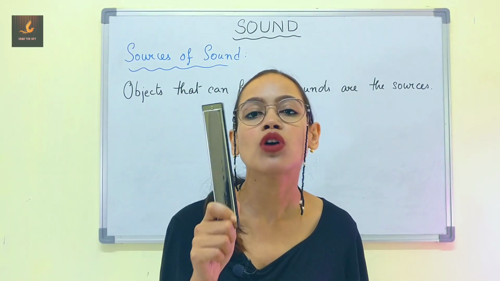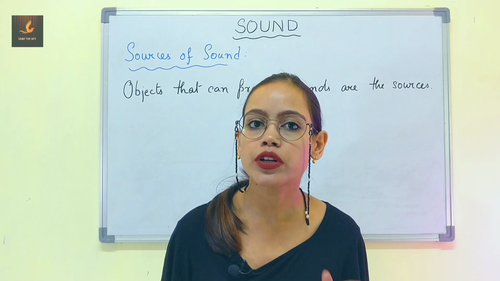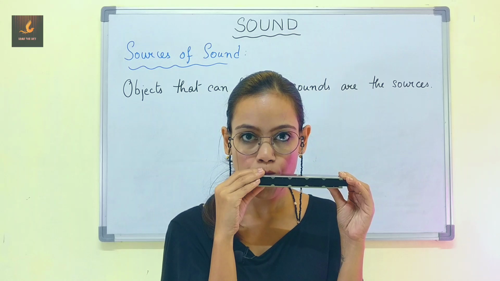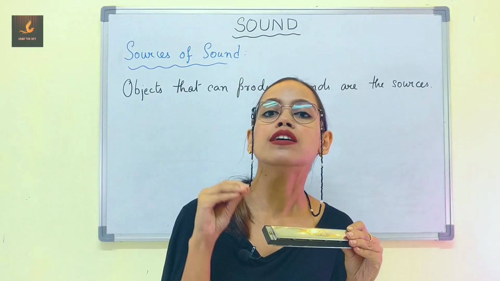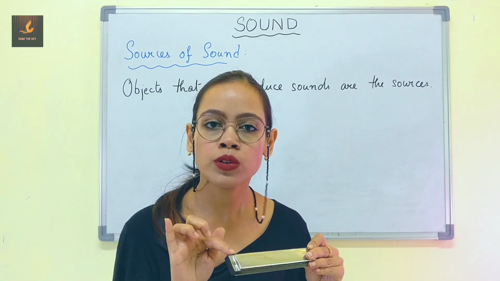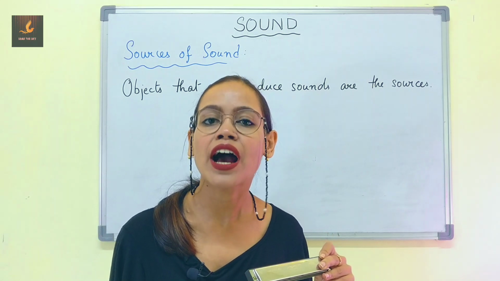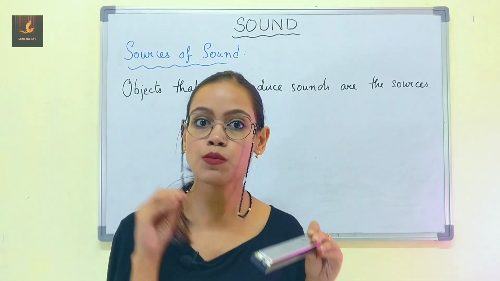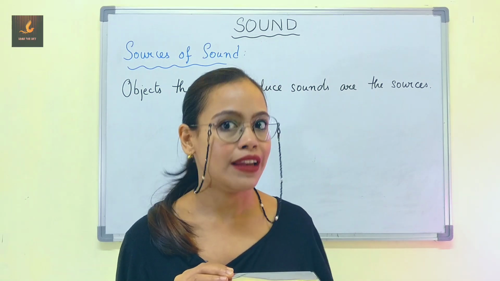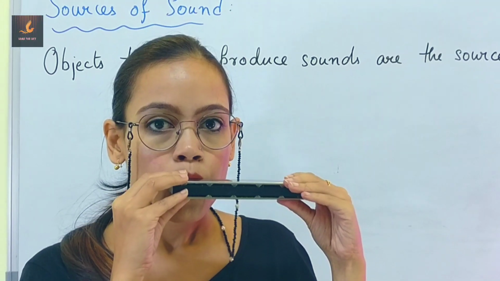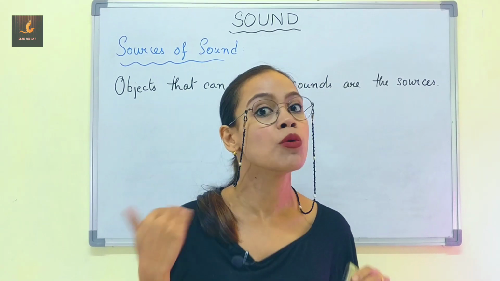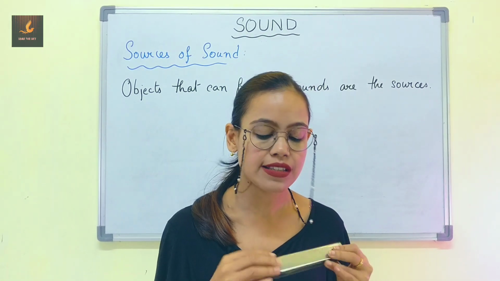Here I have a mouth organ in my hand. In order to produce sound, I have to blow air inside it, just like this. Now, I have blown a certain amount of air, that is, I have used a certain amount of my body's energy to blow this air. Now, the greater energy I use to blow air inside this, that is, the more air that enters the mouth organ, the louder the sound will be. See, this time the sound is louder because I have used more energy to blow more air inside this mouth organ.